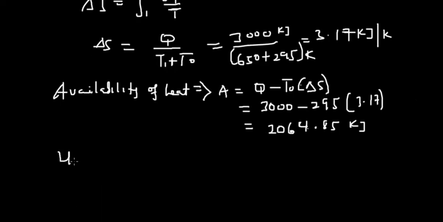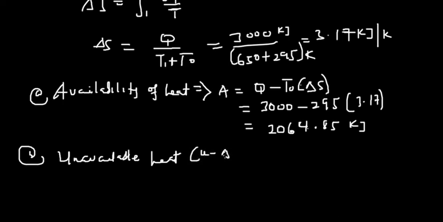unavailable heat. So for unavailable heat, we have this A and this B. Unavailable heat means the heat which wasn't available. Now unavailable heat is equal to U minus A. That is the unavailable heat. So that is also equal to T naught multiplied by the change in entropy. So when you compute that, you end up with